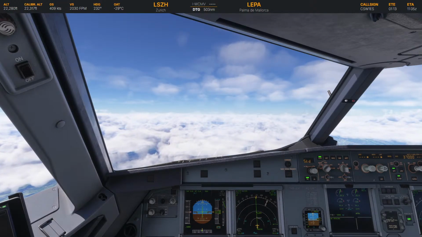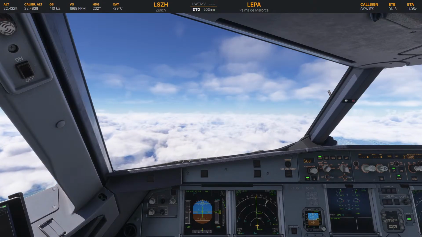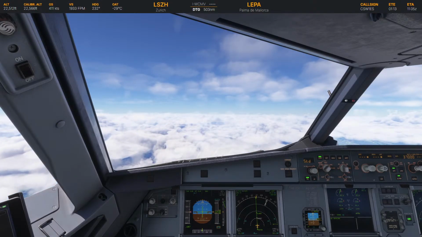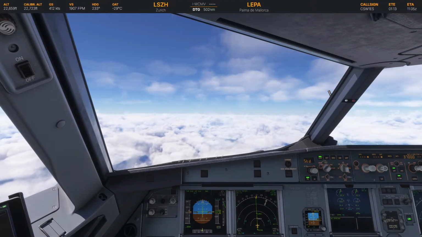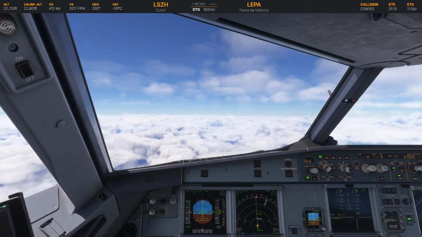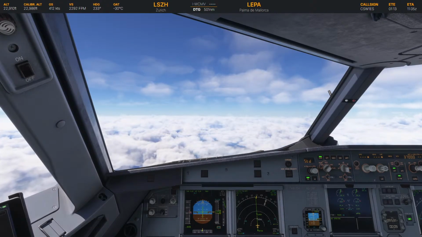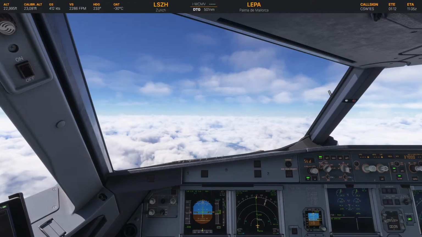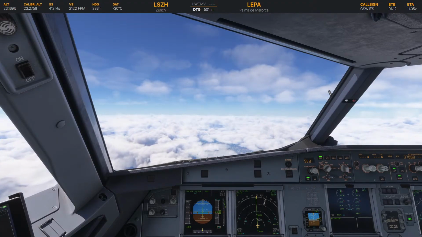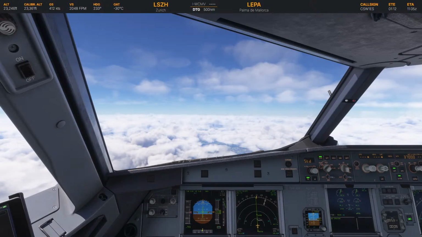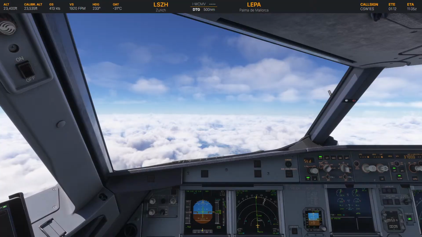Okay, so we are on our way. Let me do some music also. We are on our way to Palma de Mallorca, which is also one of my favorite airports. I really like Palma de Mallorca, I think it's even my most favorite airport. Most favorite sounds stupid, but okay, let's say it's my favorite airport in Europe. Actually, I don't know why. I just